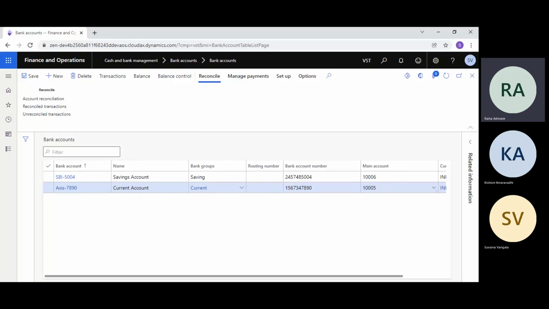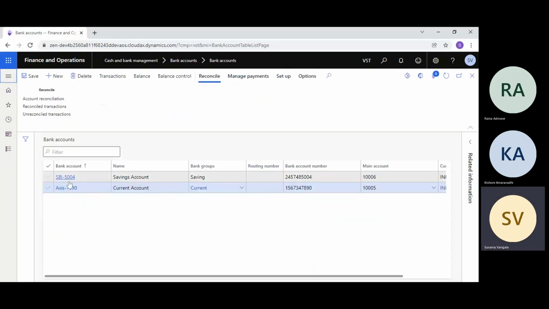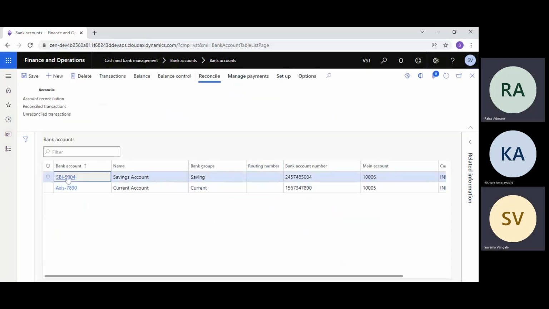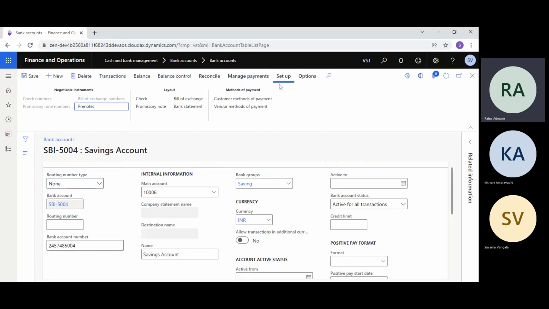Now we need to set up the checks. So we'll just do the check setup now. To set up the checks in the bank, we just go to the same account now. This one, yeah. And then go to the setup. There is a setup button. And here you see negotiable instruments in the first